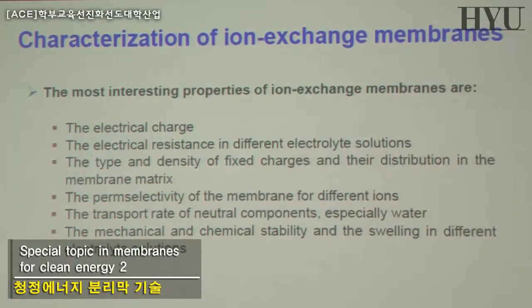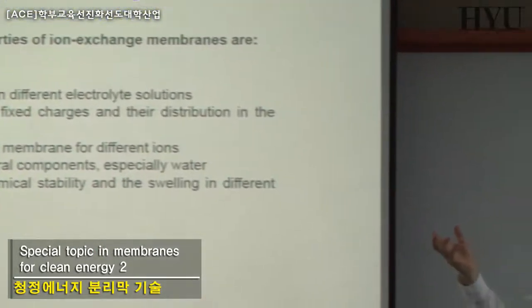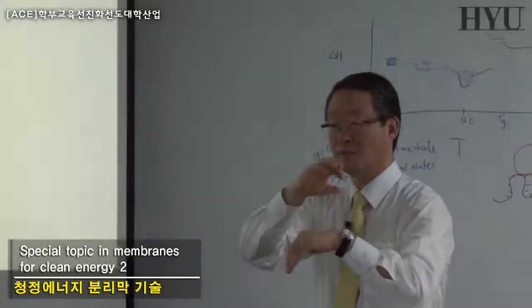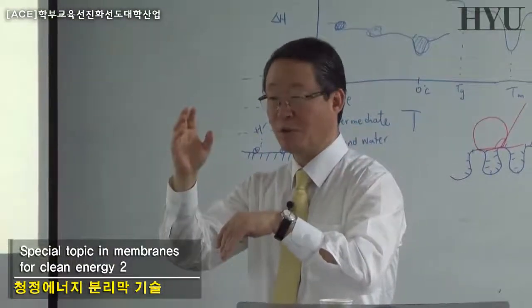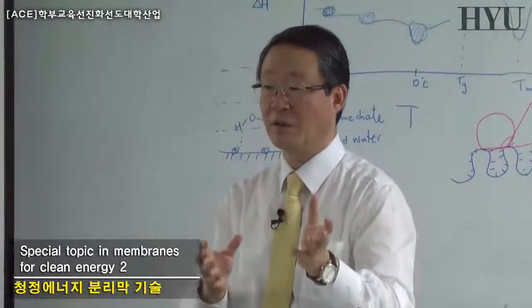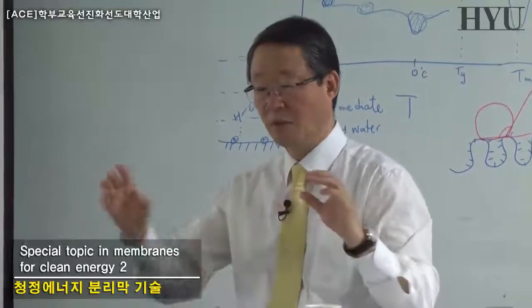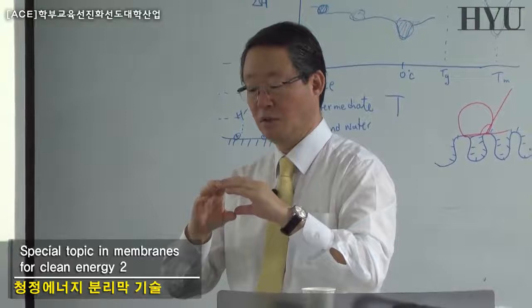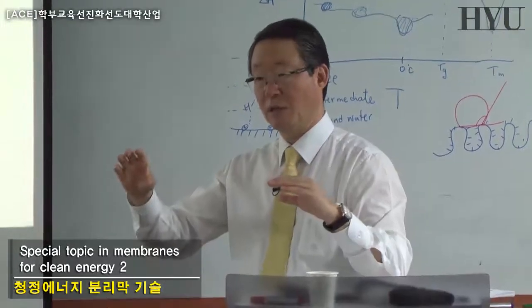And because we are dealing with two ions, like a negative ion and positive ion, in other words, if you're talking about the cation exchange membrane, we have a negative ion in the membrane, whereas in the feed, you may have a negatively charged ion or positively charged ion. And this is much more complicated than a non-ion-containing polymer, because